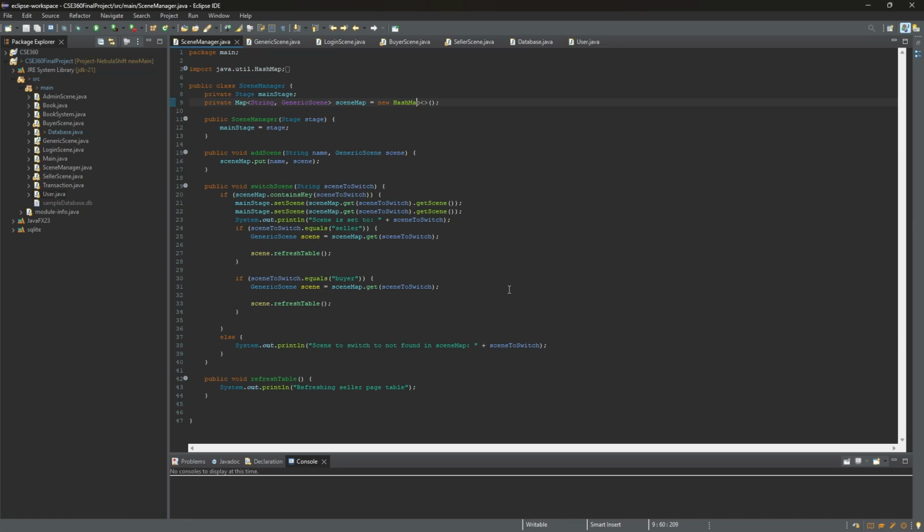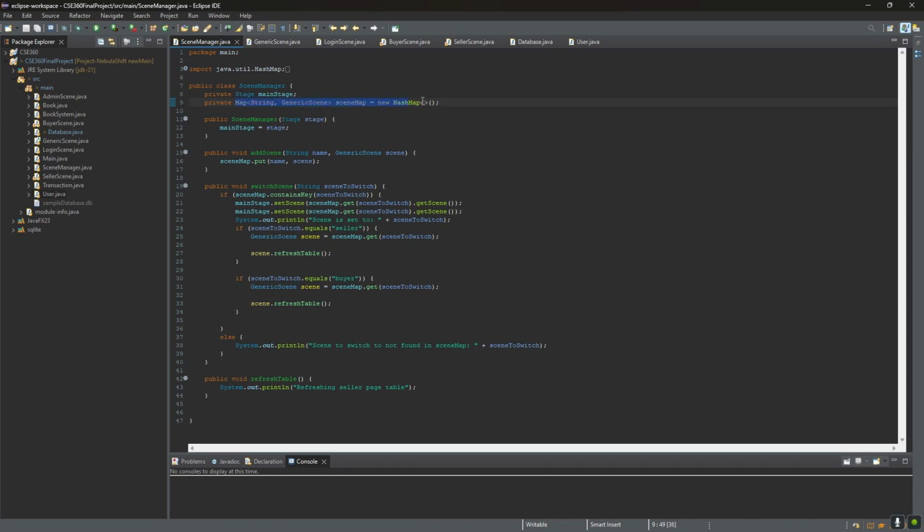So now we're going to be going into the main modules of our code. First thing we got to think of is our scene manager. This is one of the bread and butters, or I'd say one of the 2 backbones of our system. We needed a way for scenes to transition between scenes without a scene having a reference to every other scene, and vice versa. So what we ended up doing is we have a scene manager